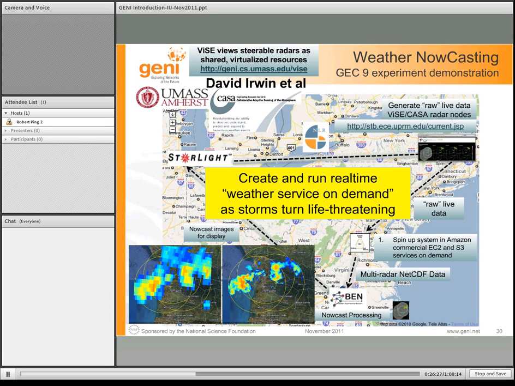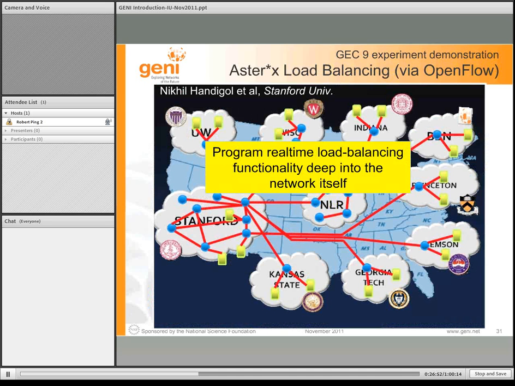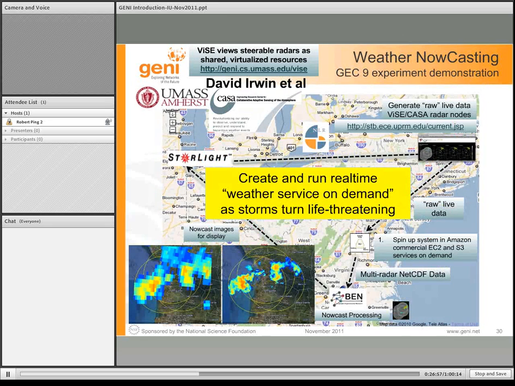So it's highly personalized weather prediction for the very near-term forecast. And used high-speed GENI back the network. It was connected to Chicago Star. Where they process that to